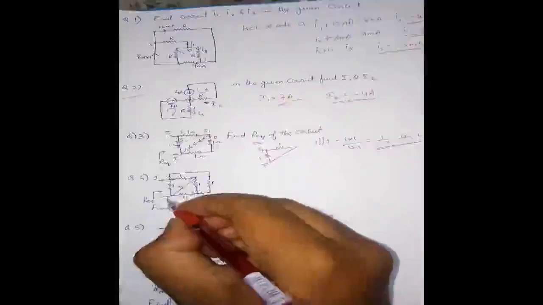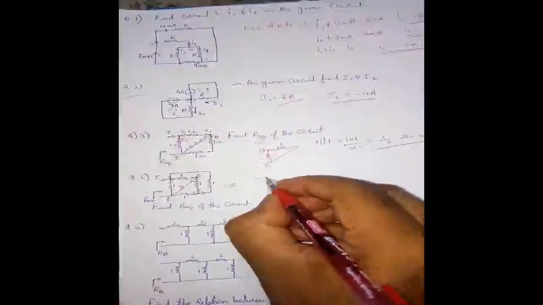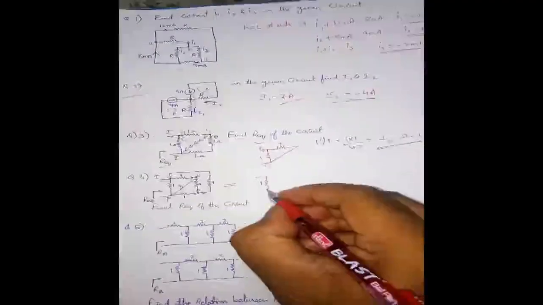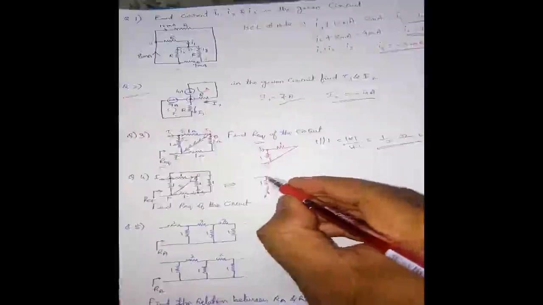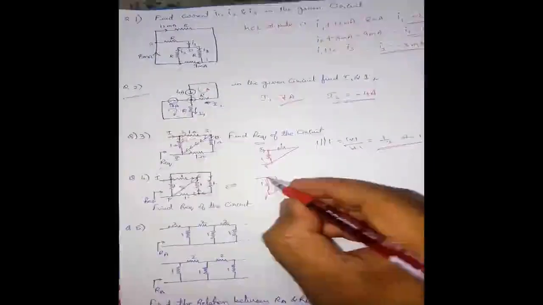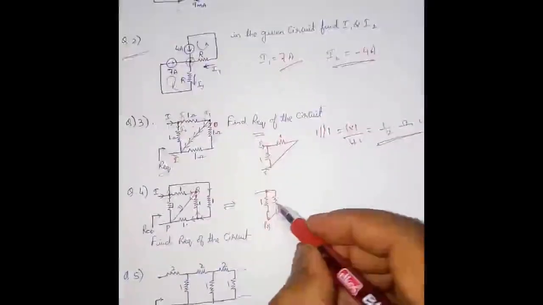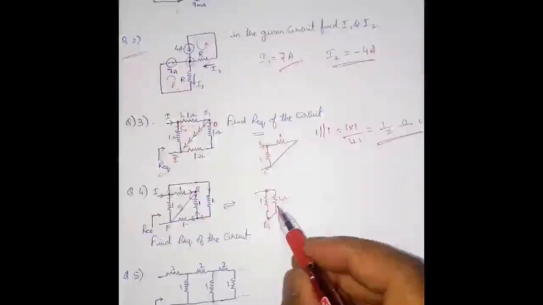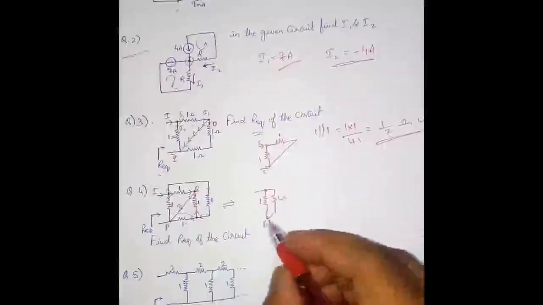Okay, so it's very simple. Now let me take these as P and Q. I will merge P and Q and redraw the circuit. So let me see how we can redraw this. This is a resistance of 1 ohm. Let's say this is the terminal P, and this is Q. When I merge these, these two are going to be in parallel. So I'll just draw it like this. When I merge these two, these two 1 ohms can be connected like this, and these two ends will be connected. So I can redraw it like this.